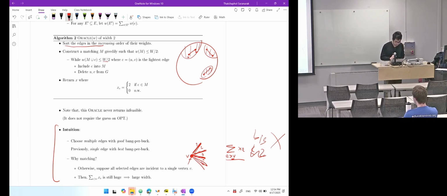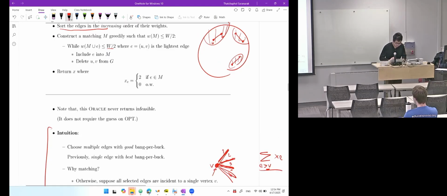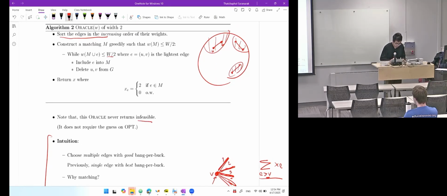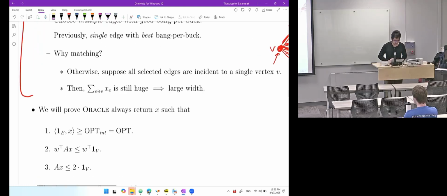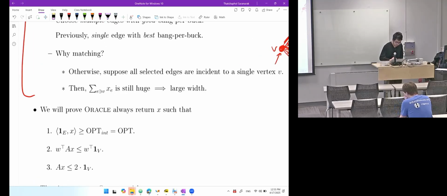Okay, so by the way, note that this oracle never returned infeasible. It's just going to return some matching. So actually it doesn't require us to guess opt. It's just going to return something. And formally, I will show that this oracle will return x such that